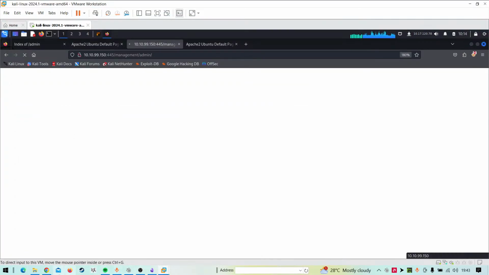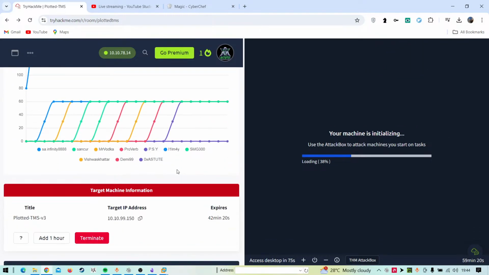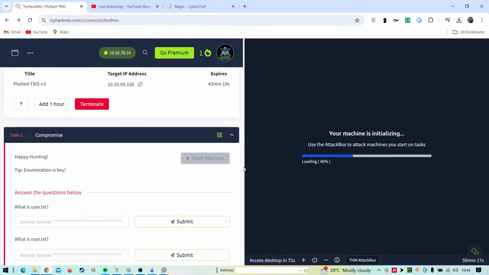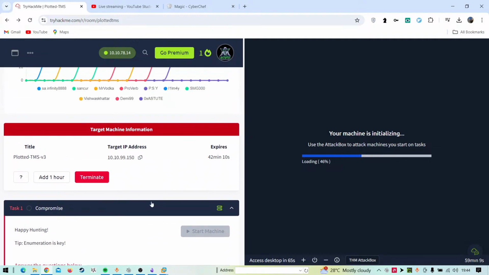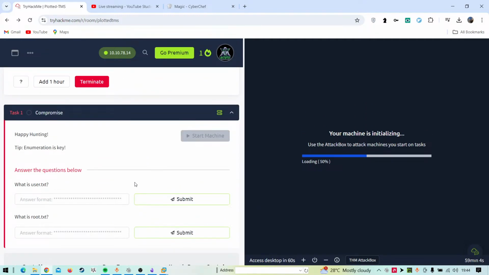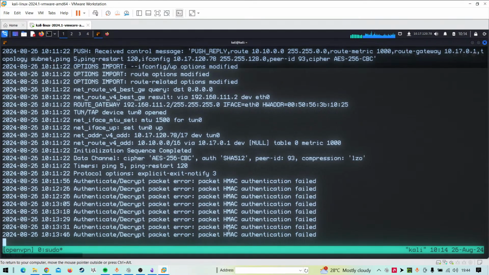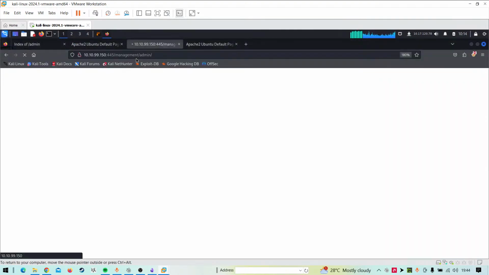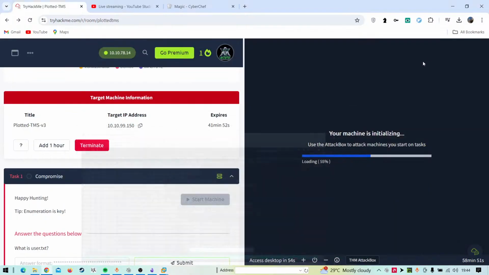So okay, oh yeah, I was using AttackBox. It's taking some time to initialize the machine. I had to use this because something is wrong with the VPN, or maybe the machine is configured in a different way that's causing some issues with authentication. If I show you here, authentication failure is there, and we'll wait for the machine to boot up.